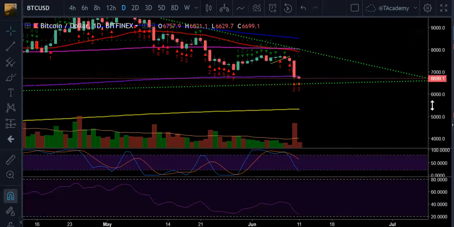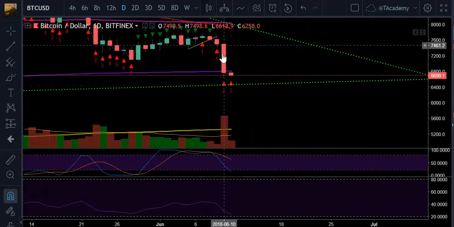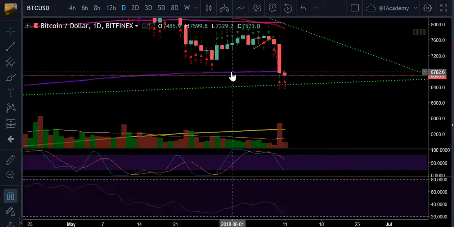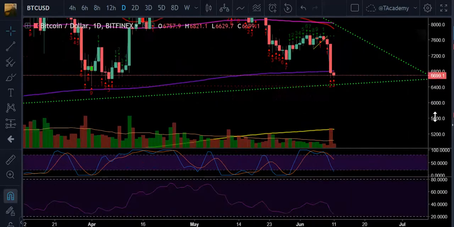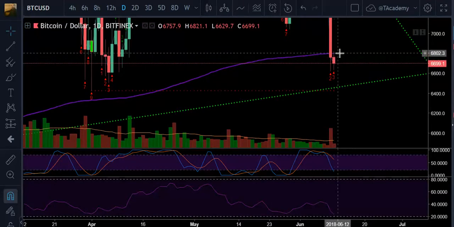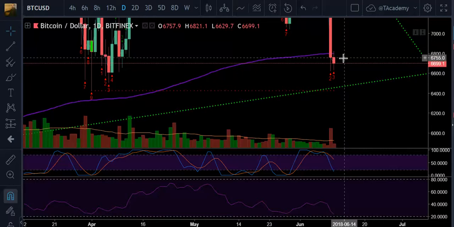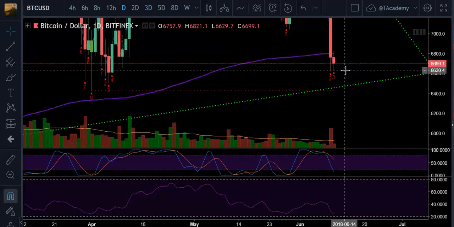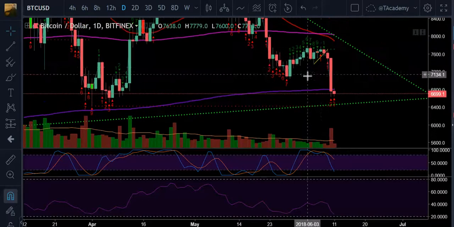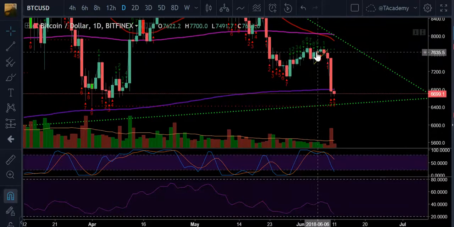6,800. I needed Monday to see what's happening here. Okay, it broke, went up, and now it's facing our beautiful purple line, exactly, you see the wicks. The buyers lost steam here that week, and also the sellers here lost steam. But according to the TD counts, here we had 9, so after a 9,